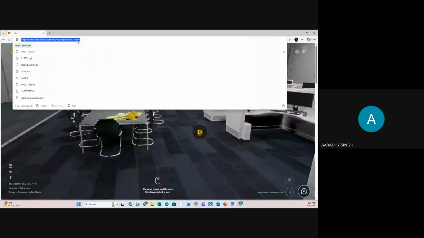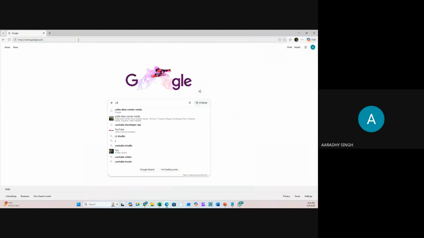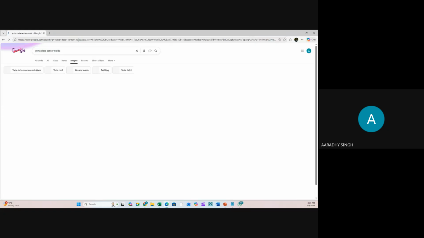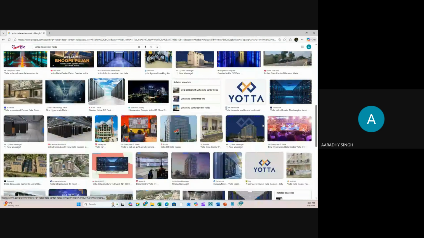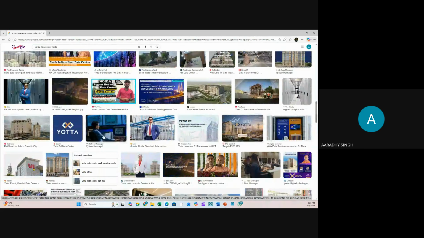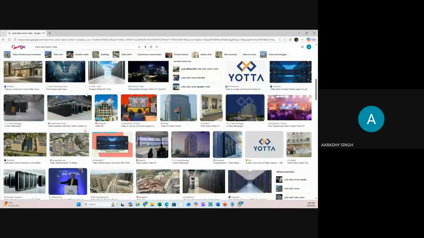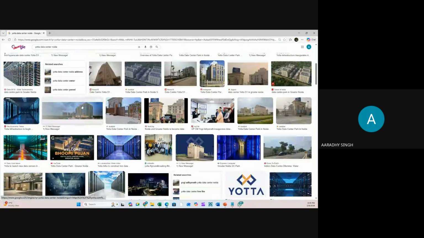In Noida, there is the Yotta data center. This data center is very close to my location. They have multiple zones available, but 2 zones are ready.